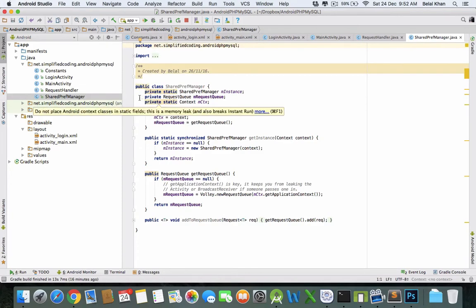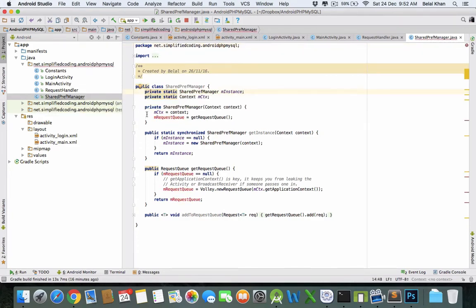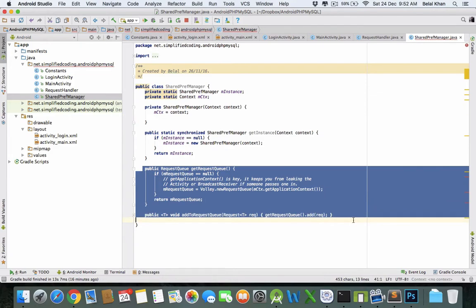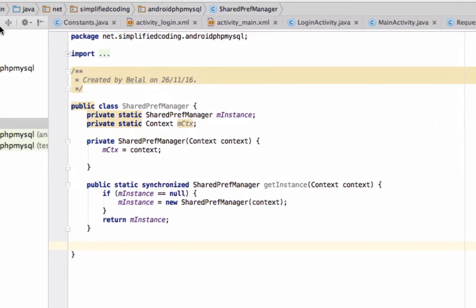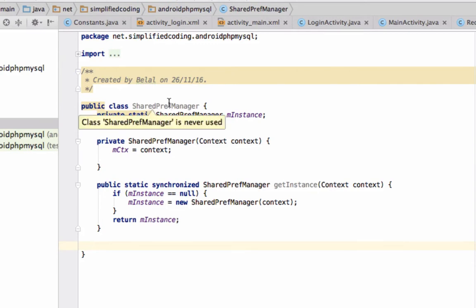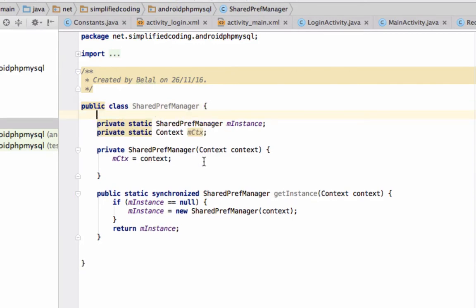Now this time we don't need a request queue, so delete this one as well, and both these methods. So we have the singleton class SharedPreferenceManager, and here we will create a method